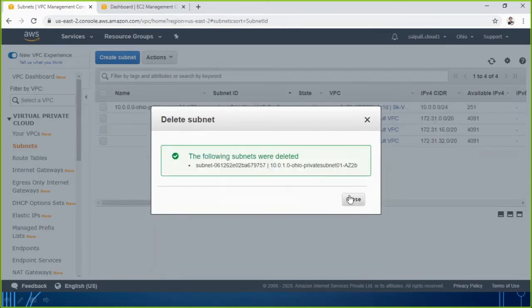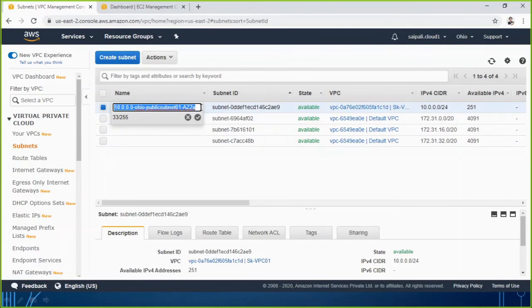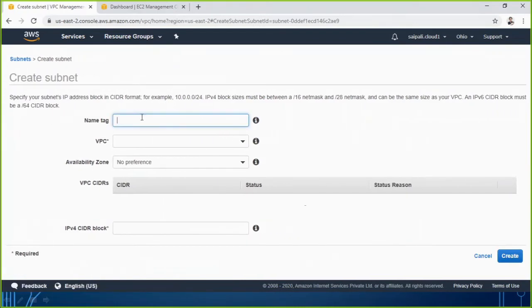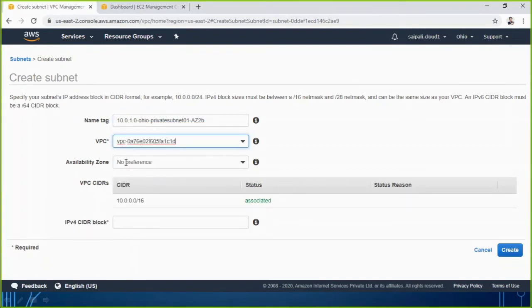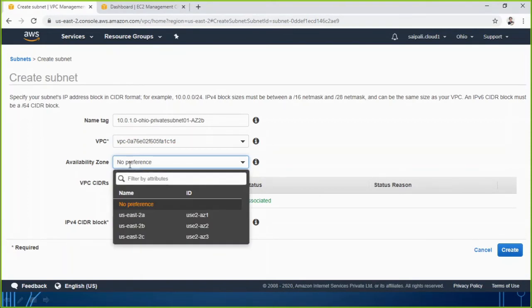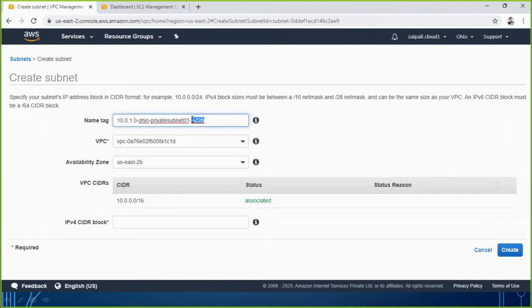So I am going to create once again. I just copy the name, it will be easy for us to define the new name. So this one I'm going to make on availability zone 2B, not 2A here. And this is going to be for private. And here the network I want to use from this range. VPC is going to be SK VPC. Availability zone, this is what we haven't changed last time, so it went through the default one. Let me go with the 2B this time, because that is the plan we have according to our scenario.